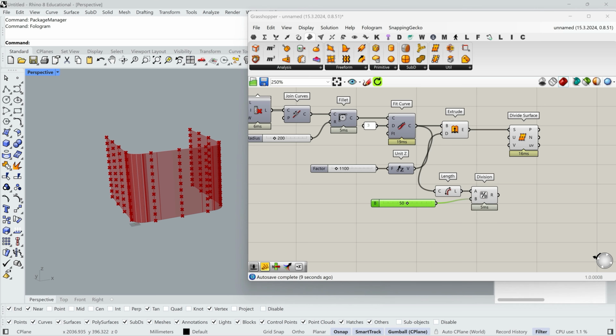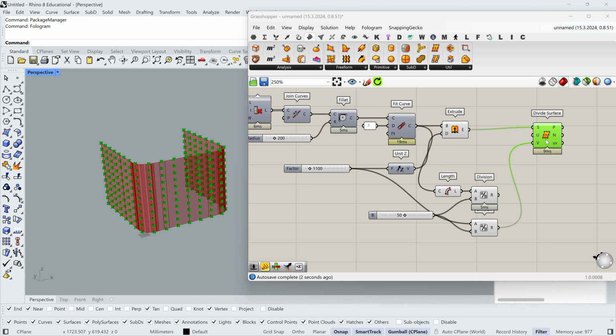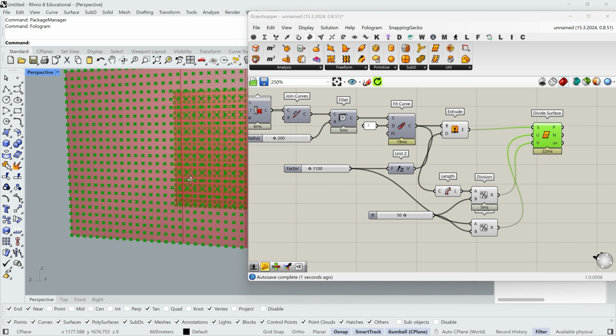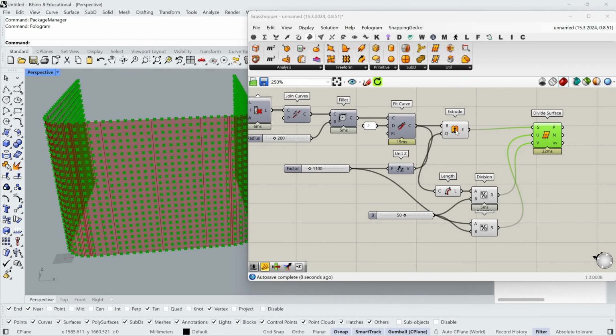Let's connect, and then I will divide the height in the same way. I will divide the height value to the same 50 millimeters. Let's connect one to U and one to V. And we will get a proper grid of points on the surface.